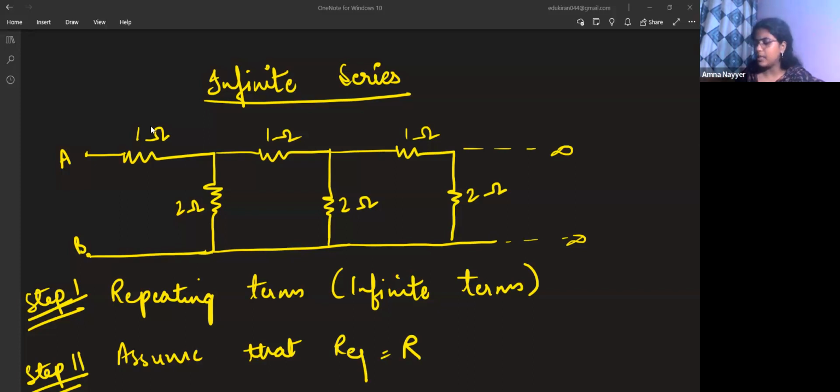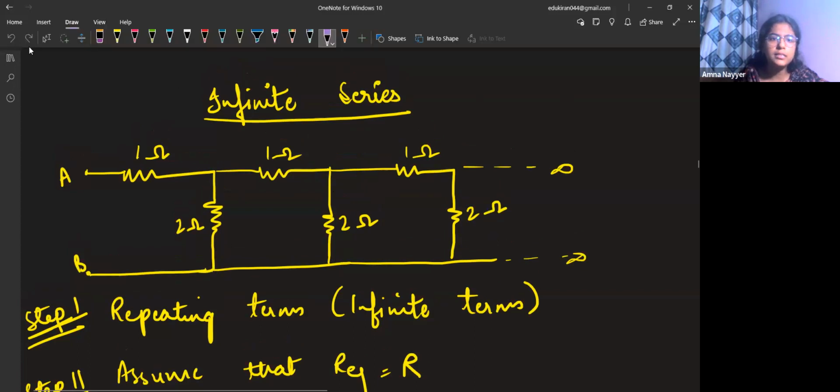Like in this particular question, I'll discuss it, so with the help of this question, try to find out how to solve these types of questions. Suppose this is given. What is the repeating term? Can you notice? 1 ohm resistor, 2 ohm resistor, this plain line. 1 ohm resistor, 2 ohm resistor. If you can notice,